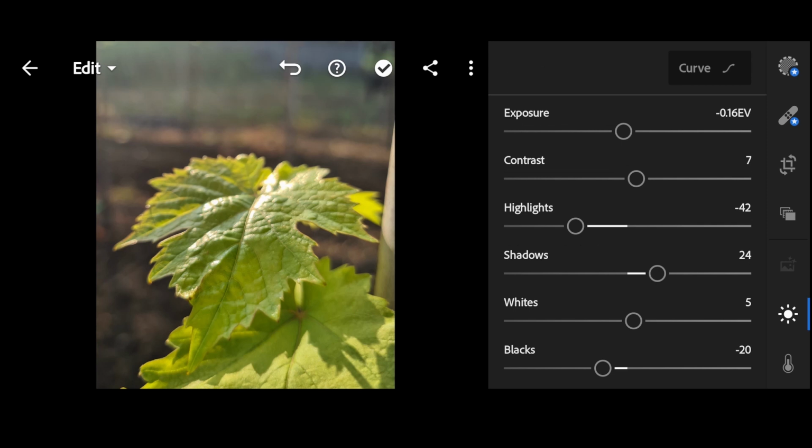In the light tab, there is an option called curves. These curves are very useful and slightly difficult to understand at start, but I will have a separate video for that. Similarly, I will have a separate detailed video for each of these settings. In the next part, I will explain the light tab, which is basically these 6 settings which you can see here. That's all from today's video.